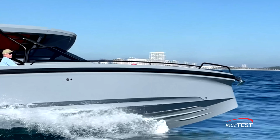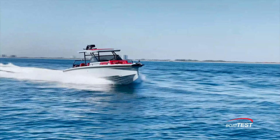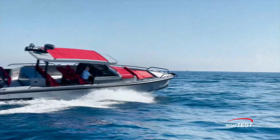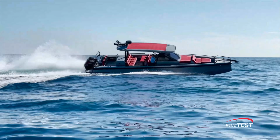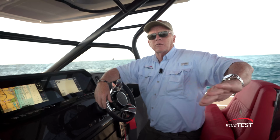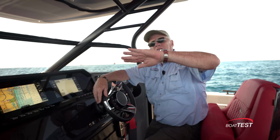Twin-stepped hull, she's nice and slippery, gets good speed, but when you put it into a turn, she's glued to the water like she's on rails. She has a nice bank into those turns, so you're not feeling like you're getting thrown over to the side, and where you usually get it to come up on the bank and then it starts to settle in again,